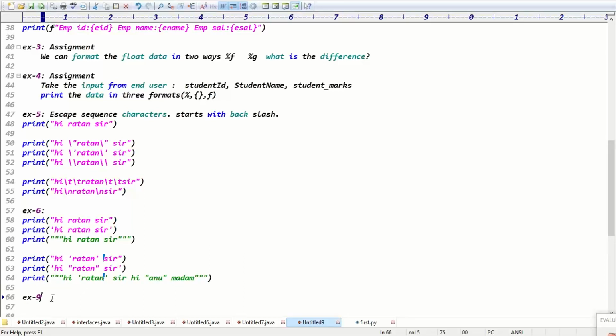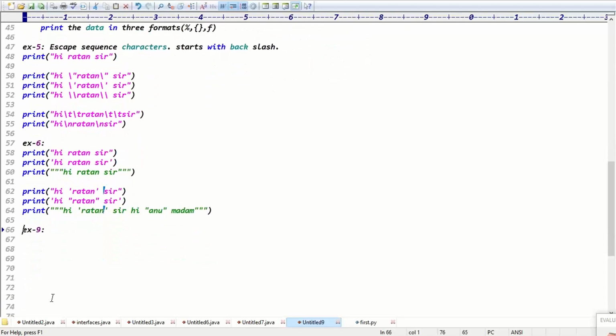Good. Example 9, guys. This one is important. Sorry, example 7. Yeah, example 7, guys. Now I want to talk about some information about the print function. So print function, guys. Tell me, I clearly said while discussing keywords, in Python 3.x, is print a keyword or print a function, guys? Function. Print function, right? Exactly.